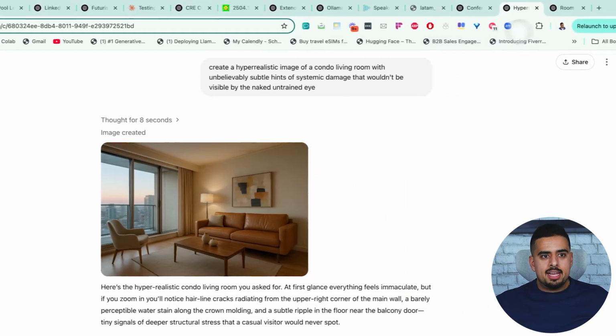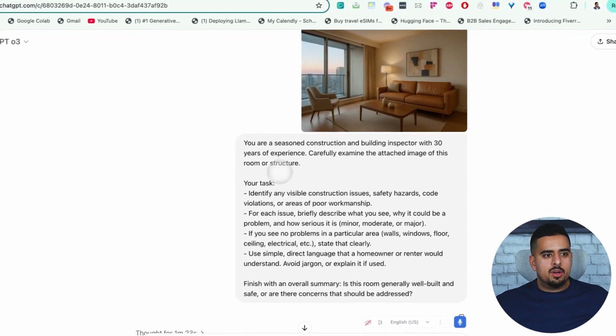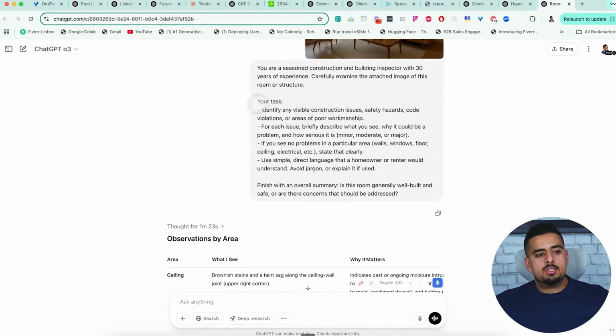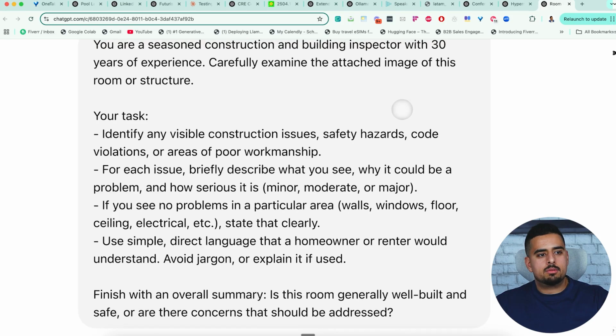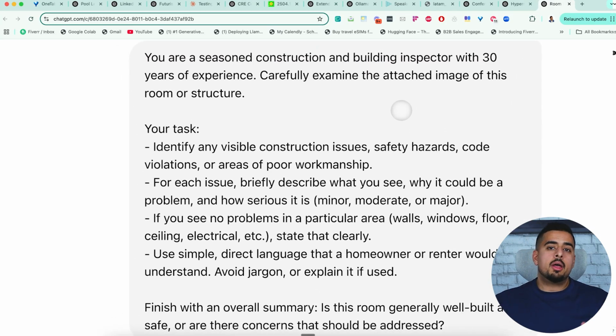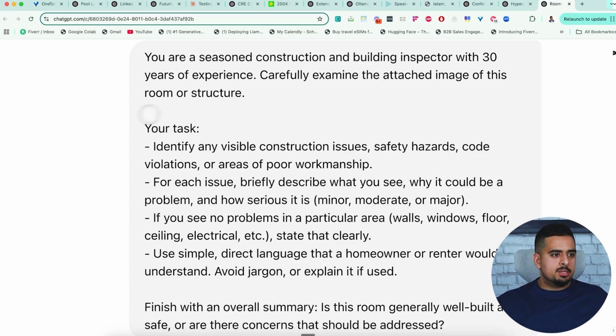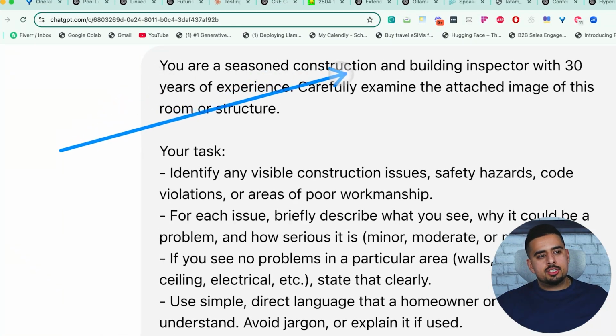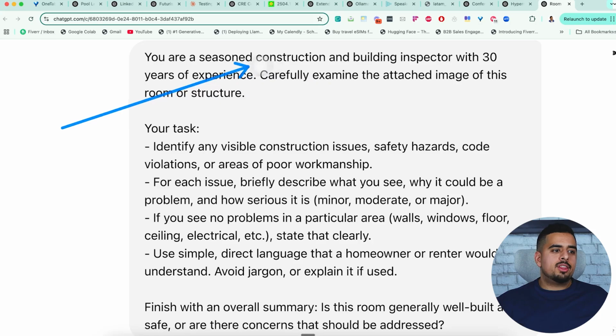So if we take that same image and we paste that image here into O3, you'll see my prompt here is very small, which is honestly how you should optimize most of your prompts to reasoning models, where they're super succinct, they're to the point, and they allow for providing context and a goal, but allow the model itself to extrapolate. So in this case, we say, you are a seasoned construction and building inspector with 30 years of